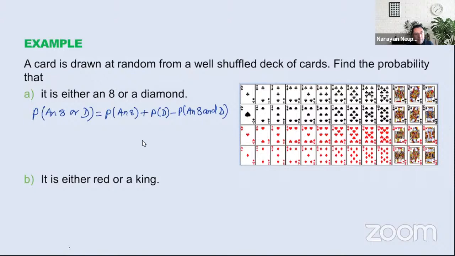Now, once you have this formula set up, what you have to do is plug in the values. The first one is the probability of getting an 8. If you look at 8, we have 4 of them. There are 4 8s out of 52. So that'll be 4 over 52, plus probability of getting diamond. You can see diamonds here. You have 13 of them, 13 diamonds out of 52,